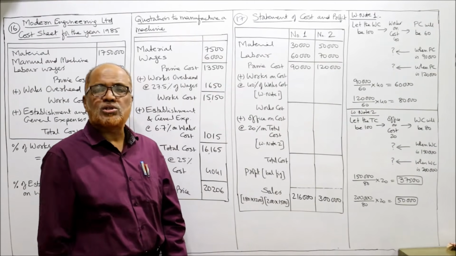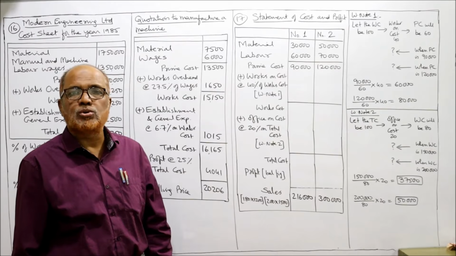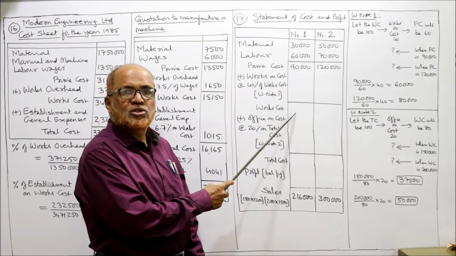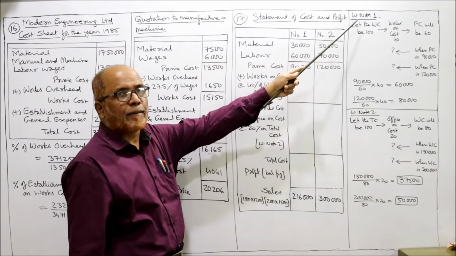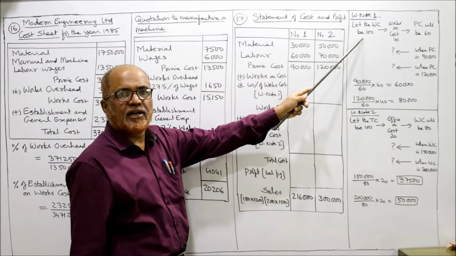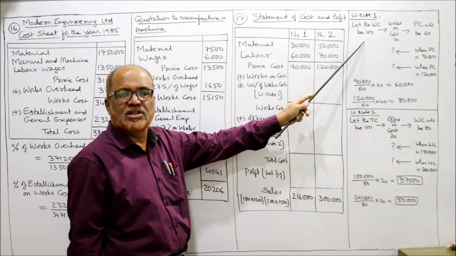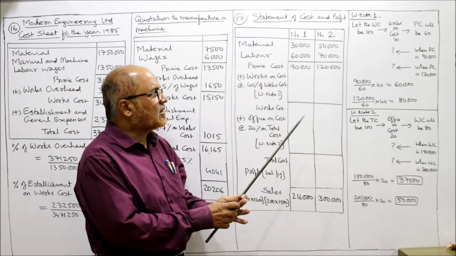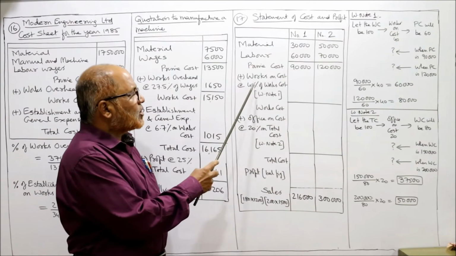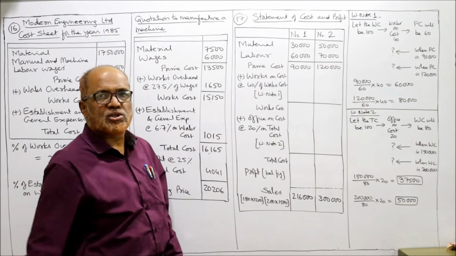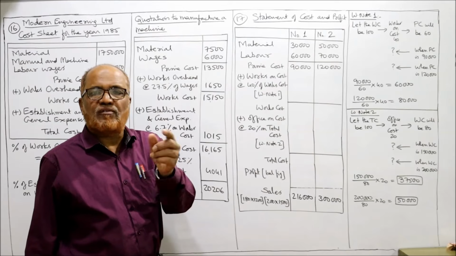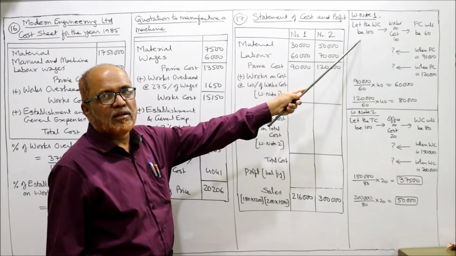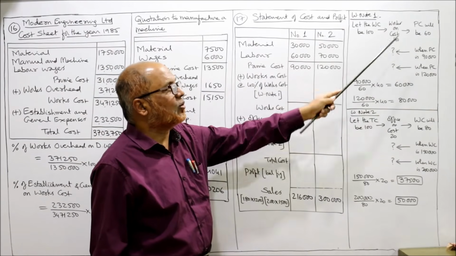We don't have the works cost. So we will suppose. क्योंकि works cost नहीं है, तो works cost को suppose करेंगे सीधा working note. Let the works cost be 100. जो चीज नहीं है उसको 100 ट्रीट करेंगे, सपोज करेंगे. Then factory overhead, works on cost is 40% of works cost. तो जो भी works cost रहेगा उसका 40% works on cost रहेगा. तो 100 rupees works cost है, तो works on cost will be 40 rupees.